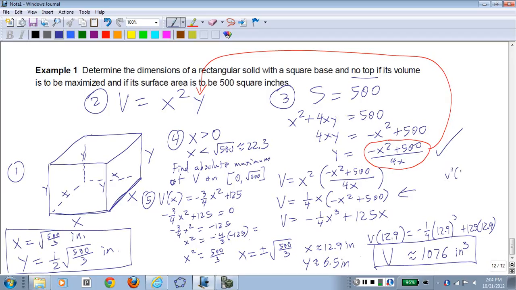V double prime of x equals negative 3/2 x. Since the values of x throughout the interval are positive, V double prime is negative throughout the interval, meaning concave which way? Down. Concave down. So it's going to be a maximum. Relative maximum. It's the only relative maximum in that interval, so it's an absolute maximum value. All right. The minimum